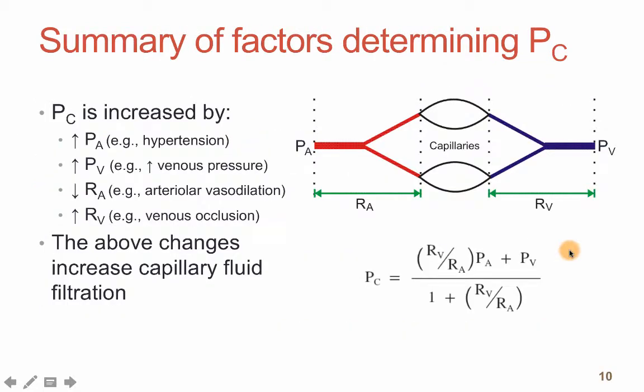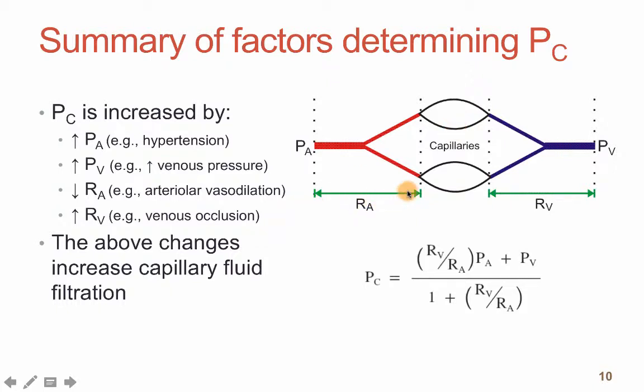Let's summarize this and give an example. What will cause capillary pressure to increase based upon the relationship shown here, as described in the previous slide? Well, capillary pressure is increased by an increase in arterial pressure. If you increase the pressure here, this will cause capillary pressure to rise. However, once again, let's say arterial pressure increases by 20 millimeters of mercury. That would only increase capillary pressure by about 4 millimeters of mercury because of the high